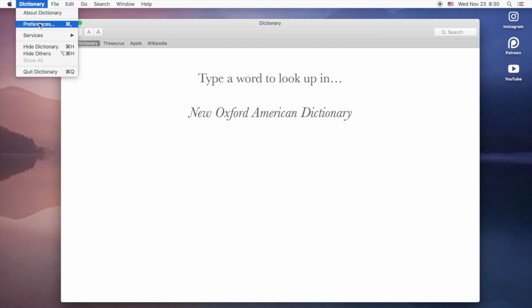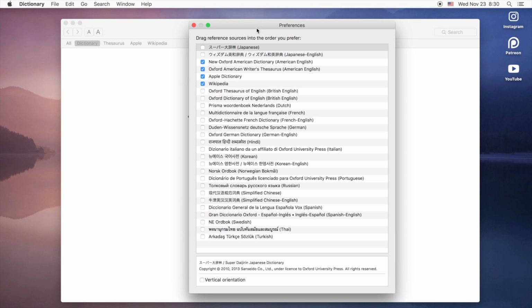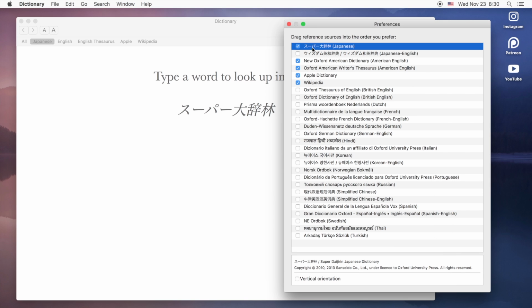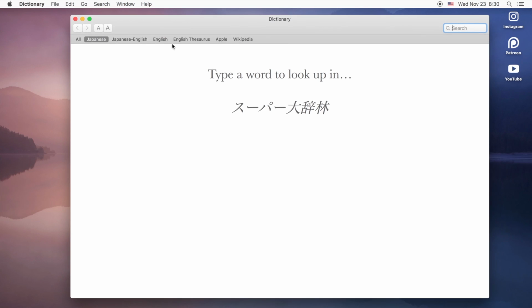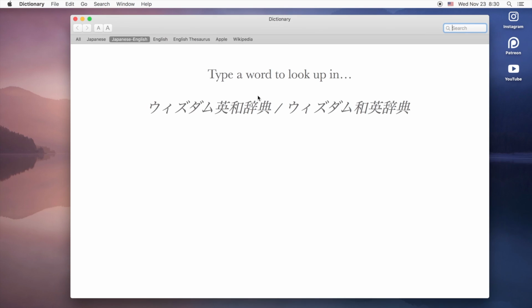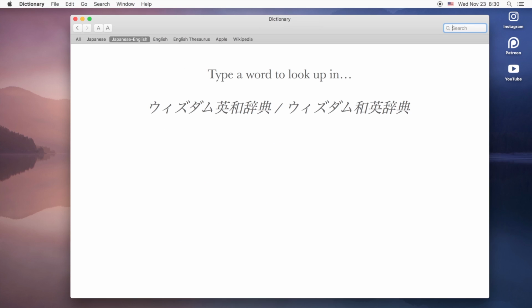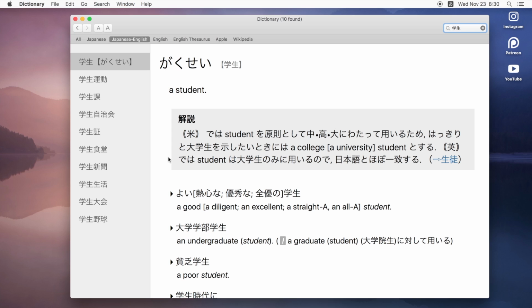But if we go up to the Preferences pane within the Dictionary tab, we see that there are actually Japanese dictionaries built in to the Apple OS operating system. So Japanese native dictionary that native Japanese speakers would use, and there's also the Japanese to English dictionary. So these are both obviously extremely useful, but if we go into the Japanese to English or English to Japanese dictionary, we can type in any word that we want. So let's say student. And what we have here, if we type it in English, this will come up, and again, we can also type this in Japanese. So if we type in gakusei, then it'll have an English definition. So we can go either way.